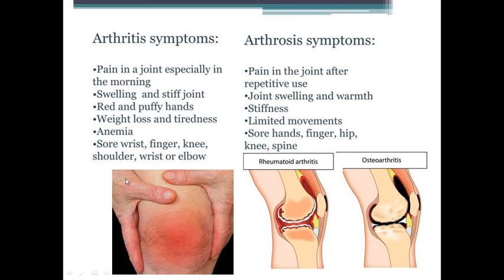And arthritis affects a sore wrist, finger, knee, shoulder, wrist or elbow, and here also sore hands, fingers, hip, knee, spine, mostly overloaded